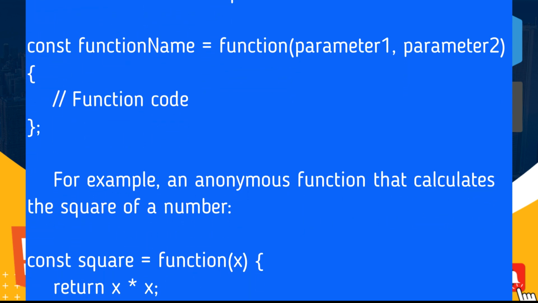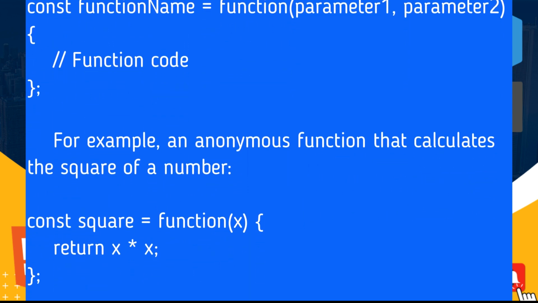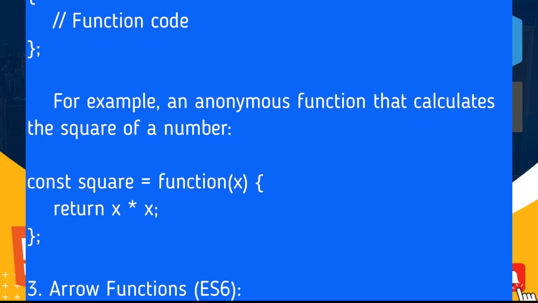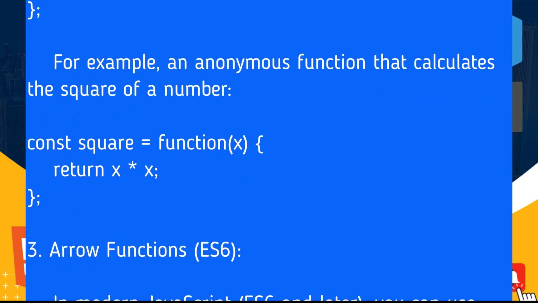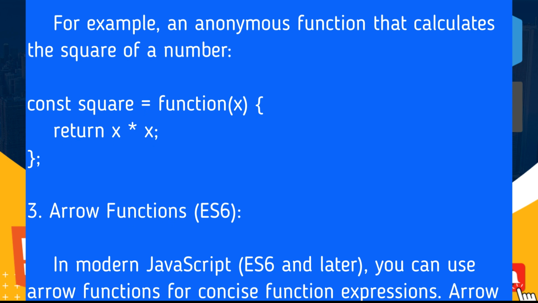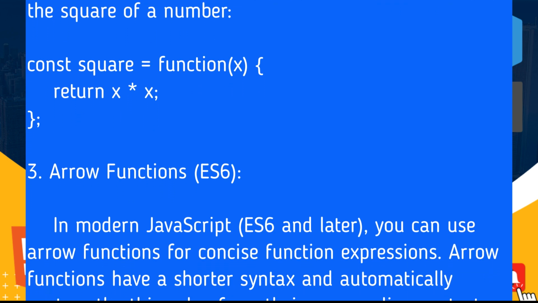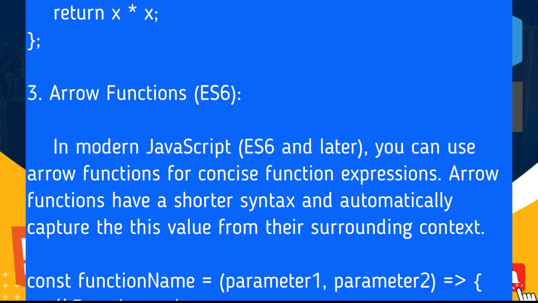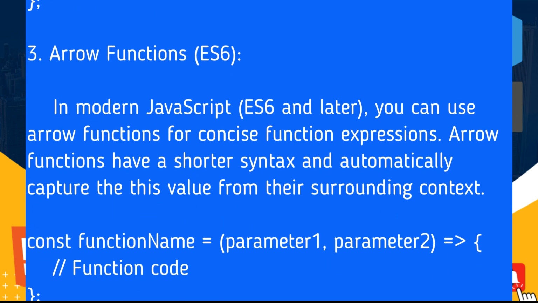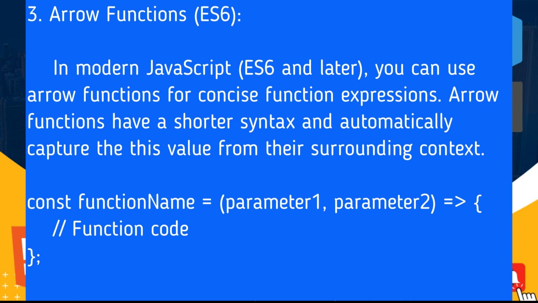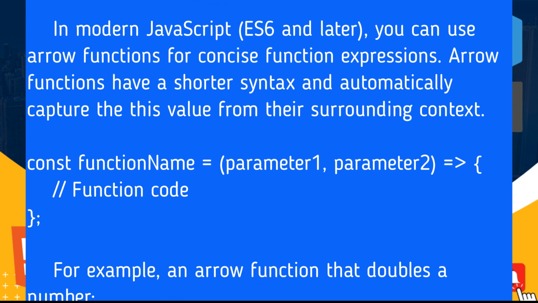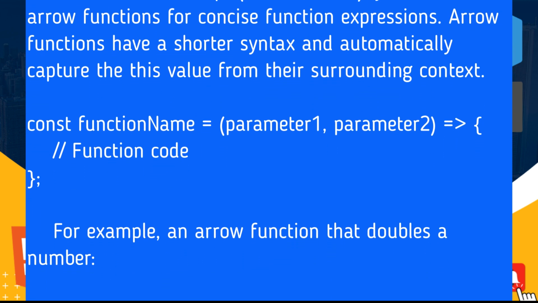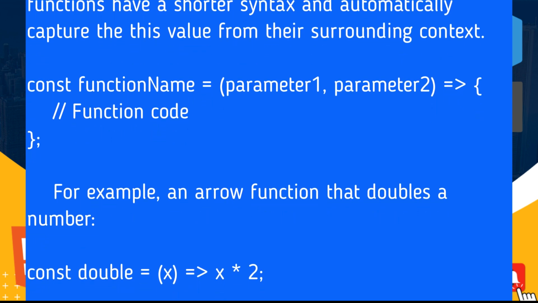3. Arrow functions (ES6). In modern JavaScript, ES6 and later, you can use arrow functions for concise function expressions. Arrow functions have a shorter syntax and automatically capture the this value from their surrounding context. const functionName = (parameter1, parameter2) => { function code }. For example, an arrow function that doubles a number: const double = x => x * 2;